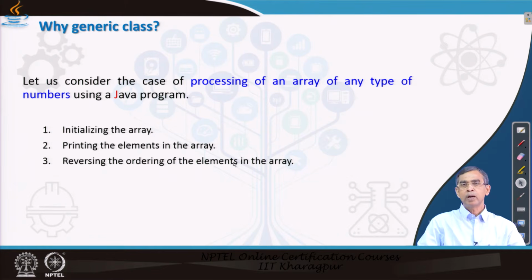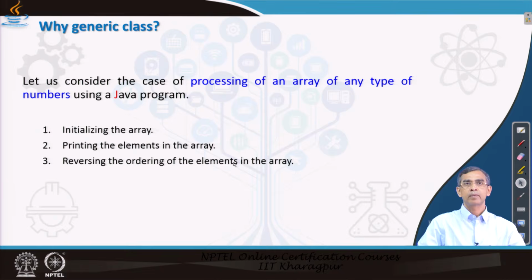Now, we want to make this program generic in the sense that the array that we will use can store any type. Then the method which will print should print any type of array's elements, and another method, reverse, should work if the array stores any type of data. It can be integer, it can be float, or it can be string, or it can be any user defined data type. Now, let us see how we can do it without any generic programming.